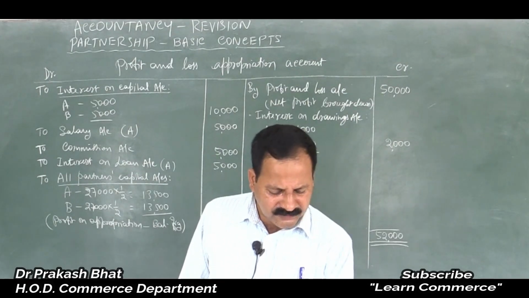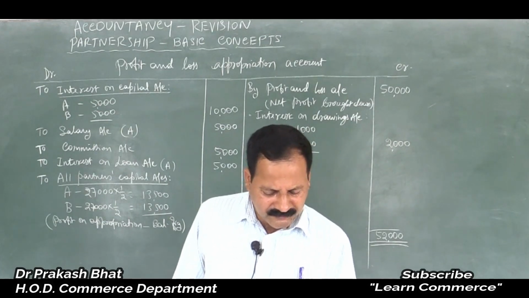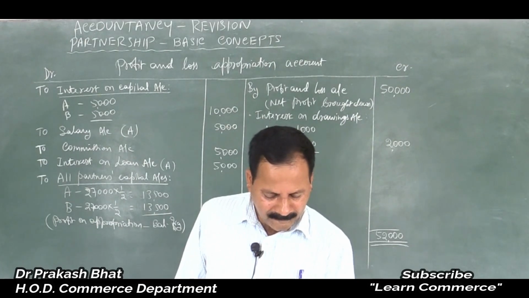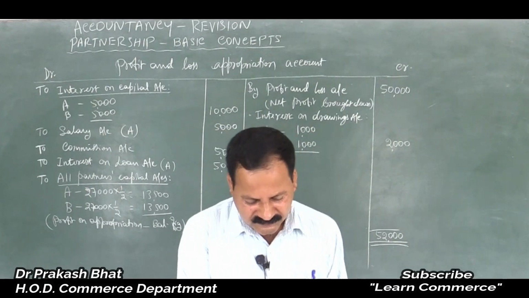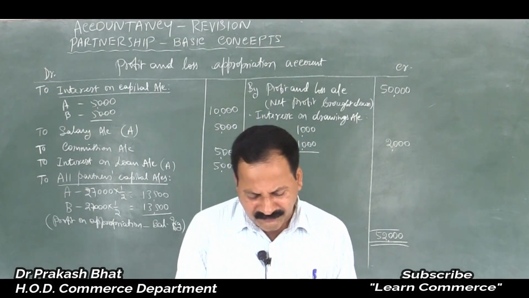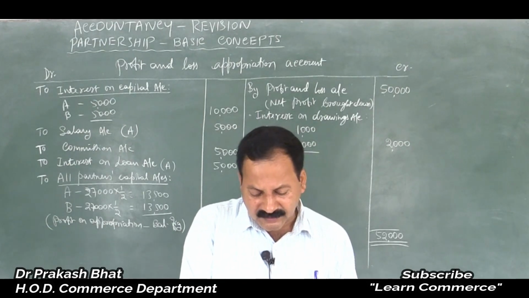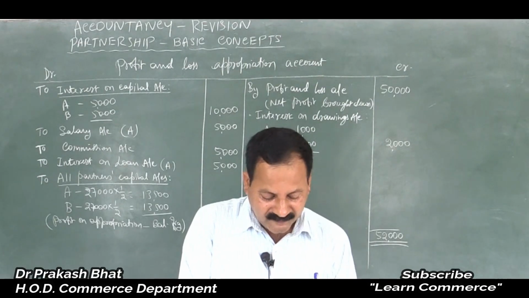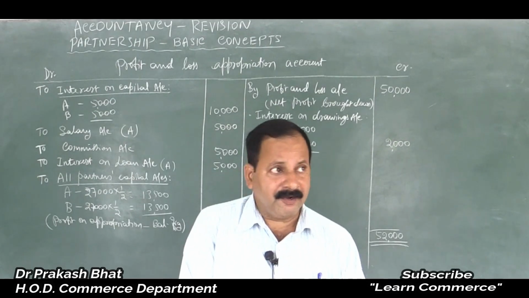Nothing more here in this chapter. You have come across interest on drawings, all the three methods, isn't it? The last part in the syllabus is past adjustments, but it is not there as per the syllabus. Past adjustments are not there. Here it is: guarantee of profit to a partner. Let us take up that part now.